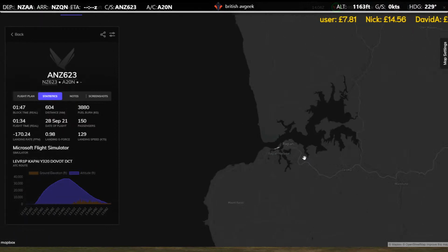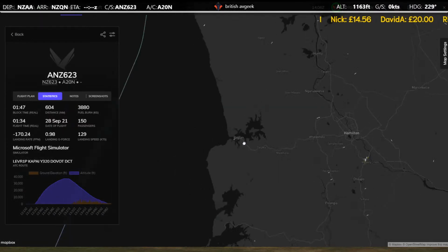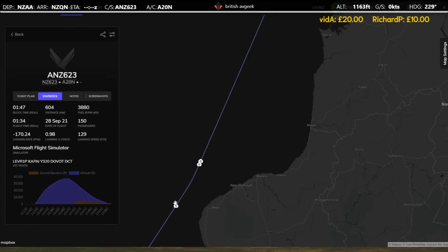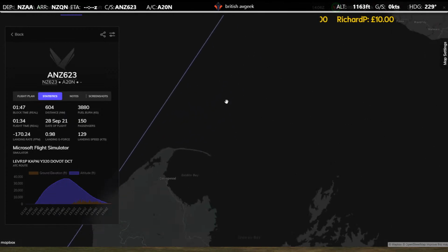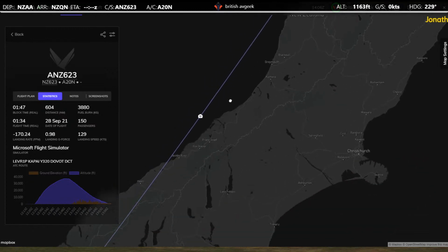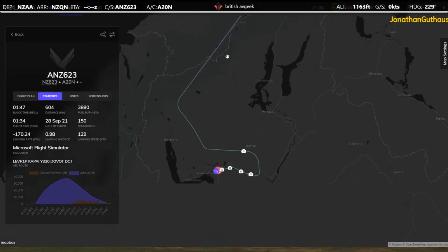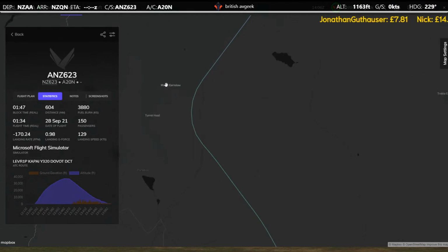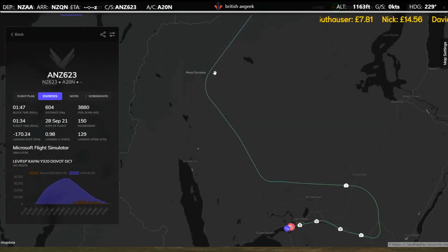There's Raglan, which I was on about. Raglan Harbour, a beautiful part of the New Zealand landscape. Freeware, of course, New Zealand NZA simulations. Past New Plymouth, across the water, and then skirting along the west coast of the South Island, before then arriving through the mountains. Past Mount Earnslaw, that's the peak at 11,000 that we've just passed over,